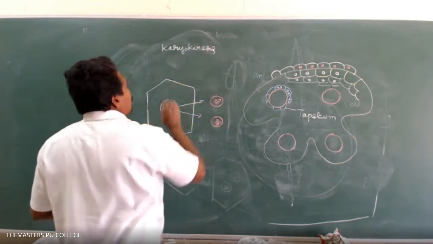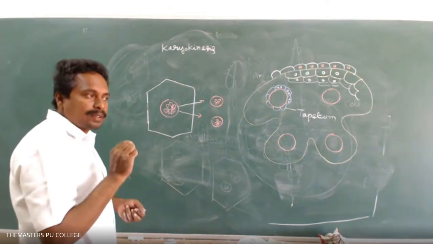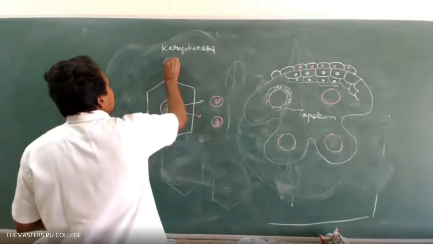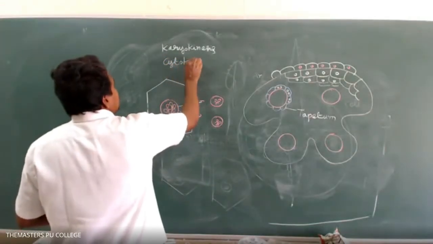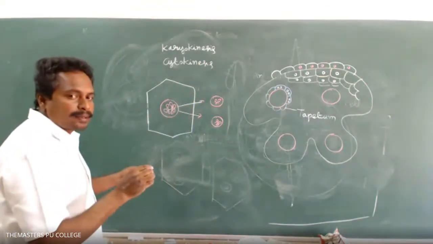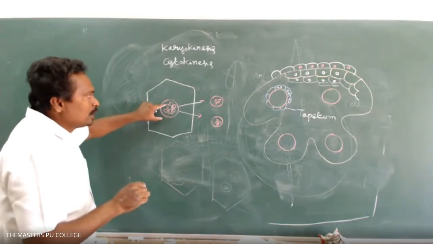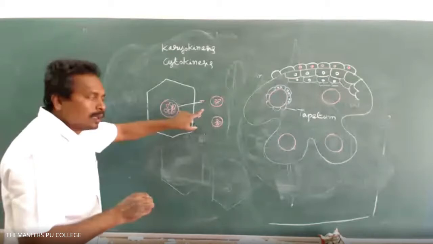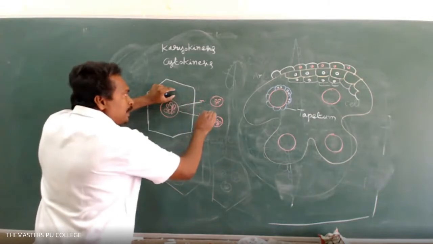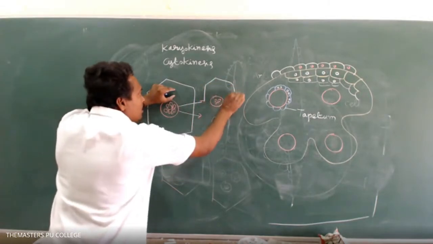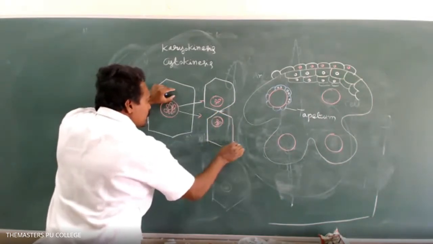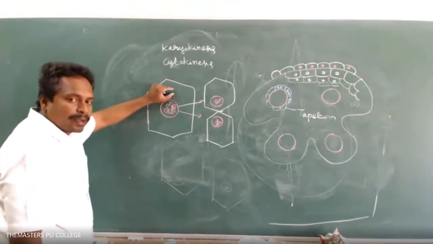During cell division, first of all, the nucleus is divided. The division of nucleus is called karyokinesis. The karyokinesis is followed by cytokinesis. What is cytokinesis? The division of cytoplasm is called cytokinesis. First of all, one nucleus is divided to give rise to 2 nuclei. Later, the cytoplasm is involved in division that leads to formation of two progeny cells from one parental cell.